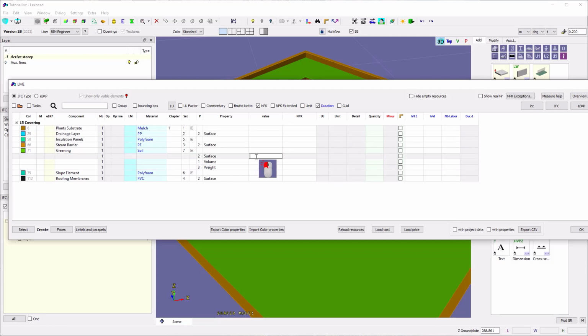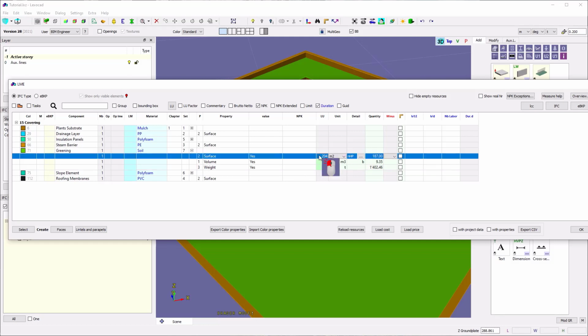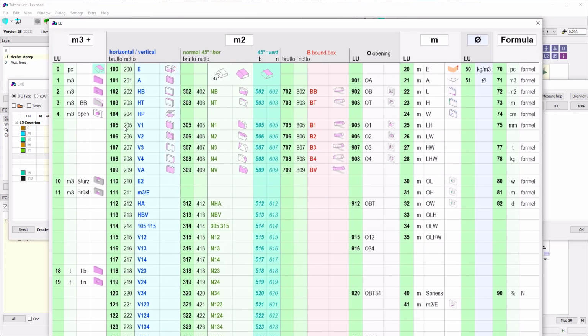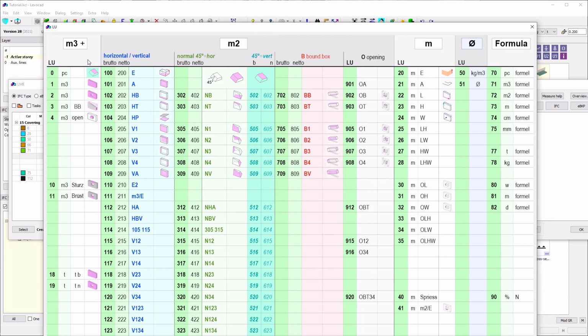Here we have an information value. We can just put in it a word or something as information. For our example, that is not that important. And now we have here this LU information. We have here the button LU, and now you see here a lot of different measurements that you can have from elements. So like when we want to have the volume,